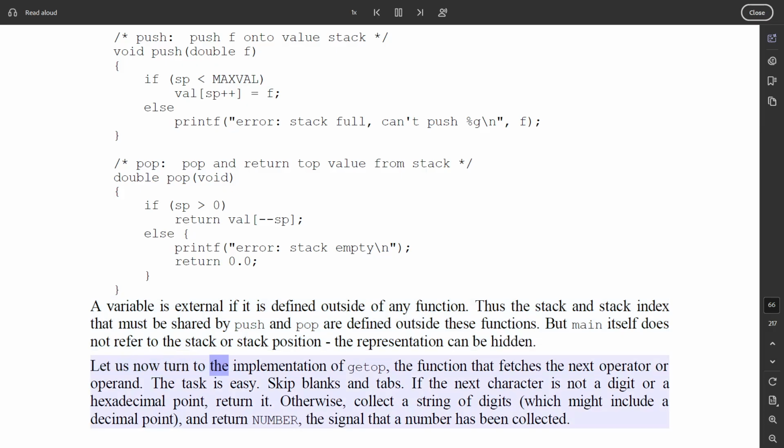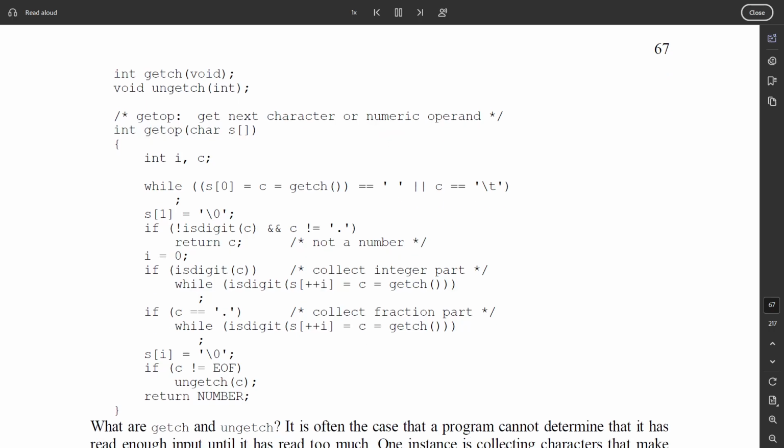Let us now turn to the implementation of getop, the function that fetches the next operator or operand. The task is easy. Skip blanks and tabs. If the next character is not a digit or a hexadecimal point, return it. Otherwise, collect a string of digits, which might include a decimal point, and return NUMBER, the signal that a number has been collected. #include <ctype.h>